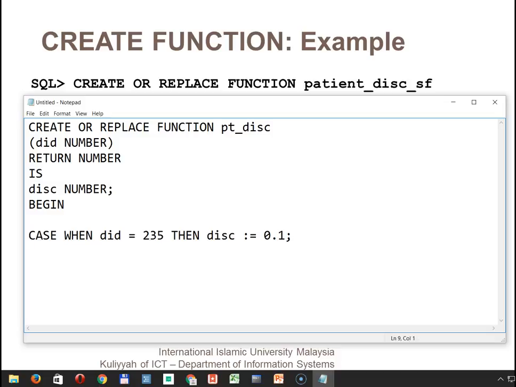Okay, when DID is 504, I'm going to assign the discount with 0.25, which is 25% discount. Else I'm going to give them a 5% discount, which is 0.05. Oops, I missed that. And then